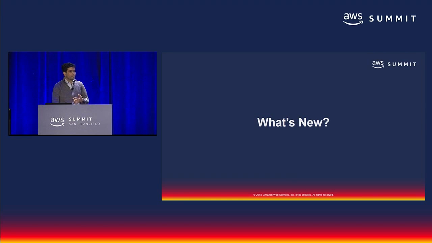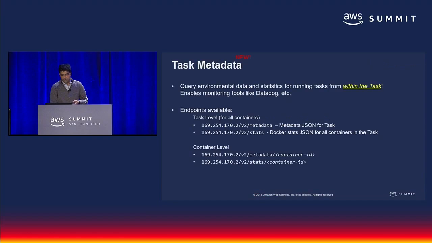So there are some functionalities that we launched recently as part of the new platform version for Fargate. By the way, for each of these, I do want to note that all the What's New section, all the functionality that we introduce, it's really built for ECS, regardless of which launch type you use. You can choose to run on EC2 instances or Fargate. It doesn't matter. The features are really at the container management layer. So the first